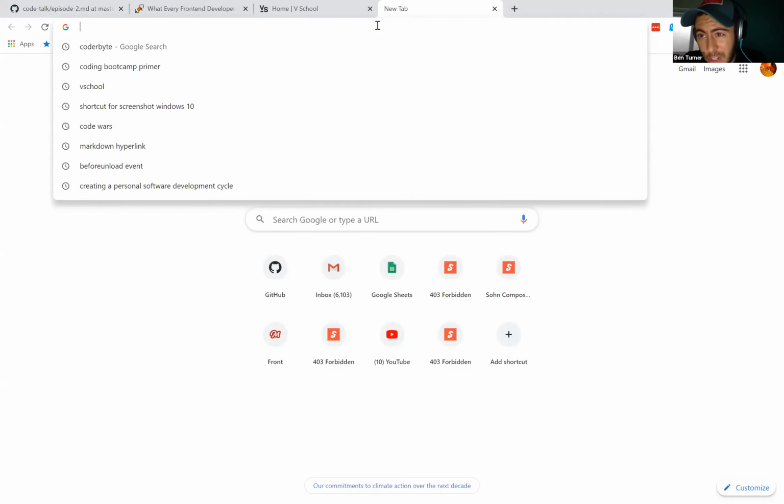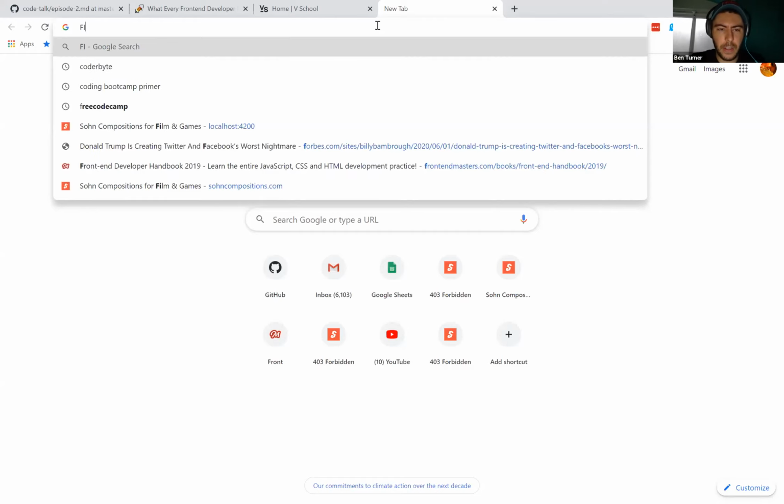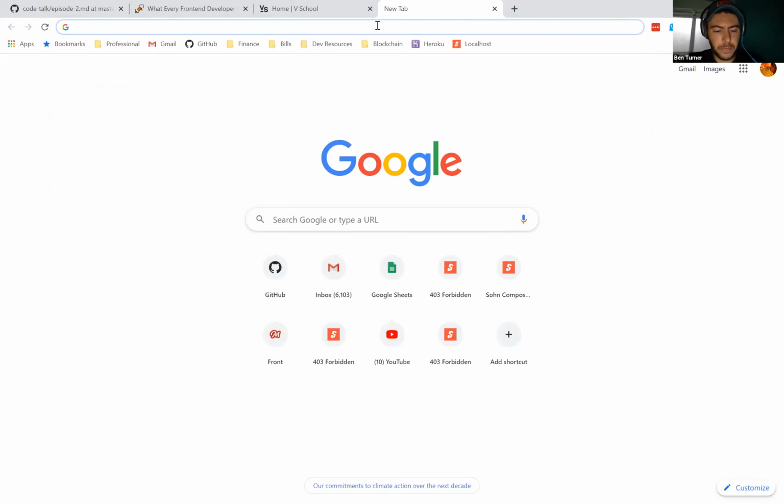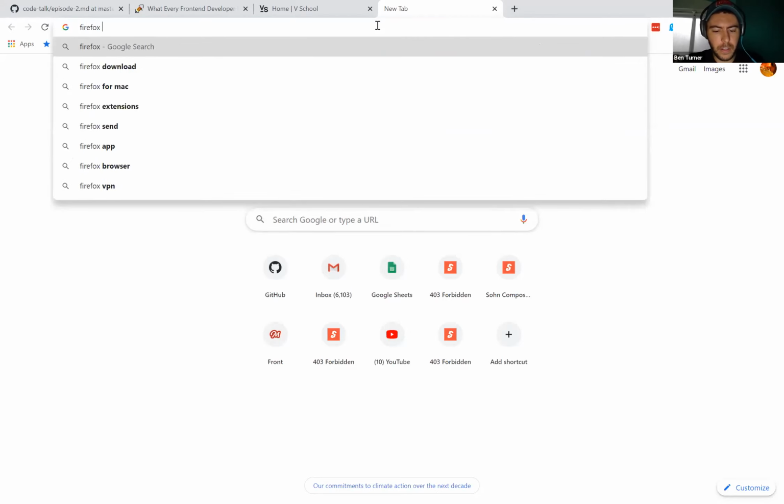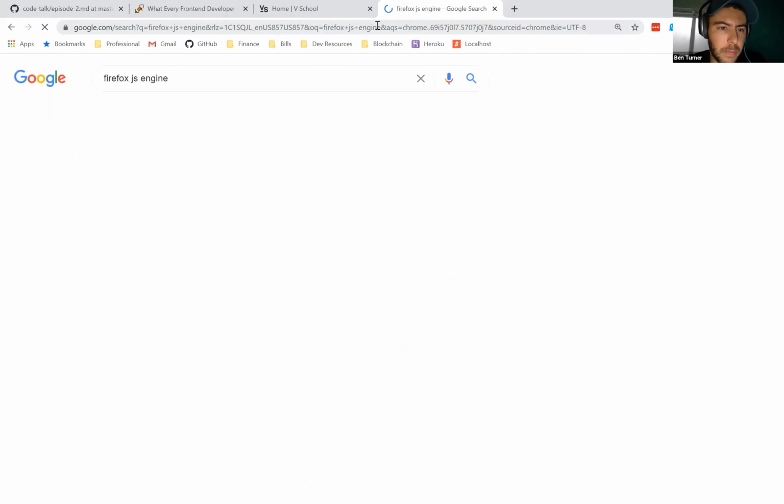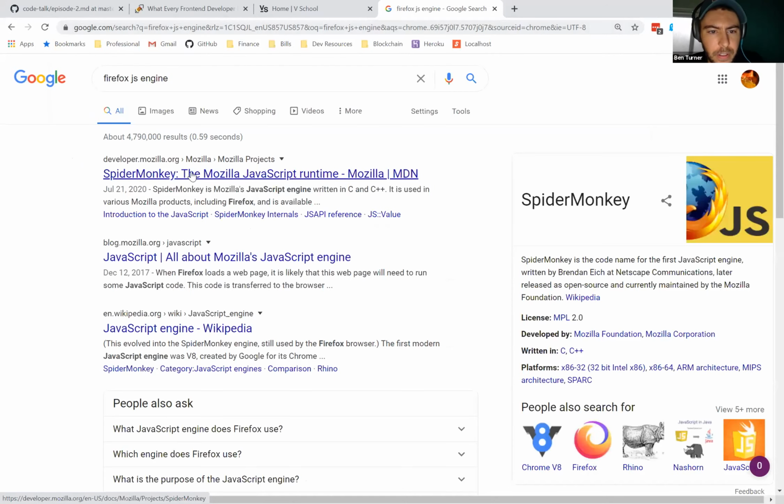I honestly don't know much about engines, to be frank, but I know that Firefox uses a different kind. I don't remember what it's called. Spider Monkey, that's what it's called. I don't know who comes up with these names, but there's that one.